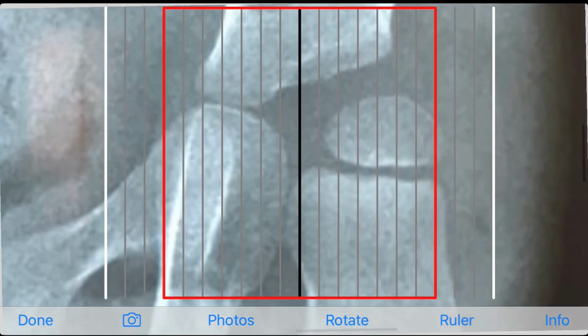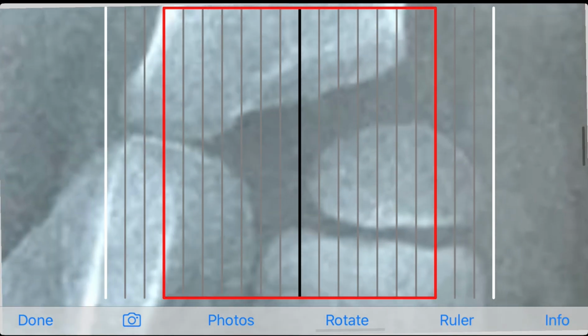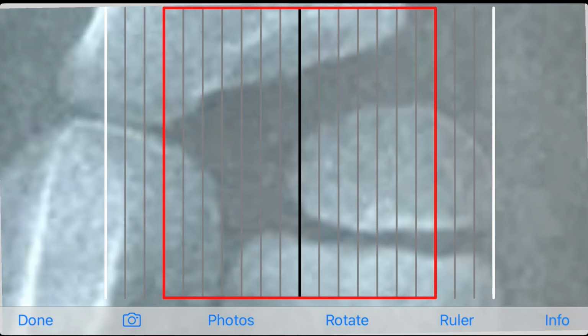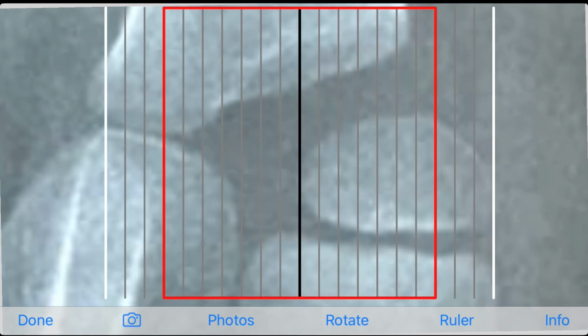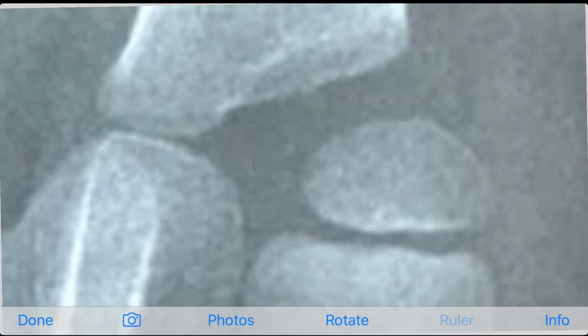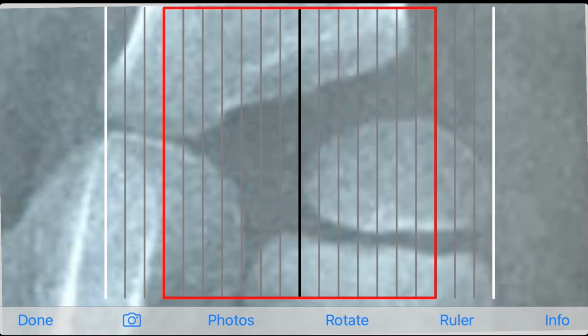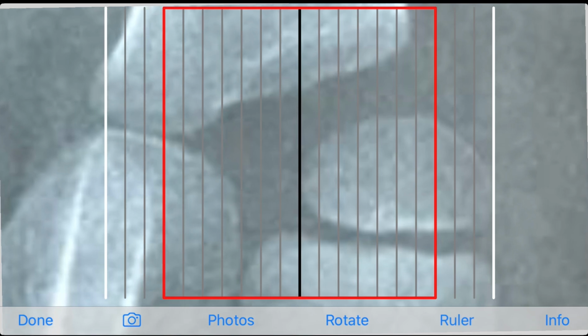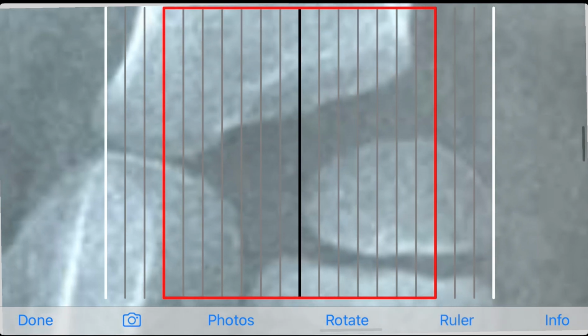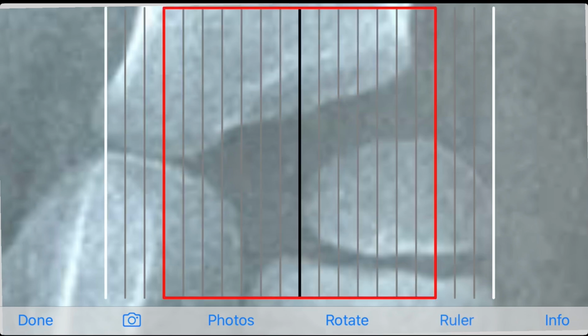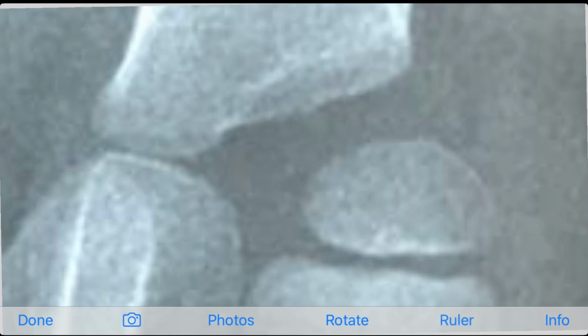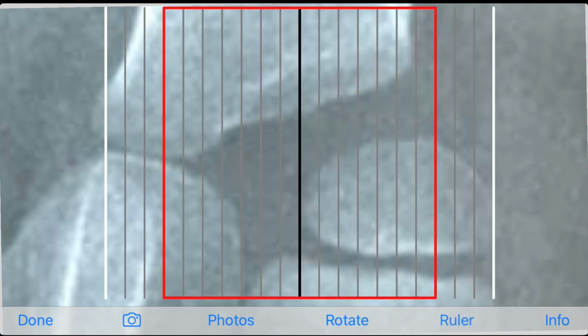We'll zoom and pan the femoral head to adjust it. The white line should be at the lateral, the outer margin of the femoral head, and the black line should be at the inner margin. So this gets adjusted. Let's see how it goes, and we can take out the ruler and put it in, so that we can be sure that the margins are correctly taken. Sometimes they are blurry, so they are not easily visible. So we can take out the ruler and put it in.